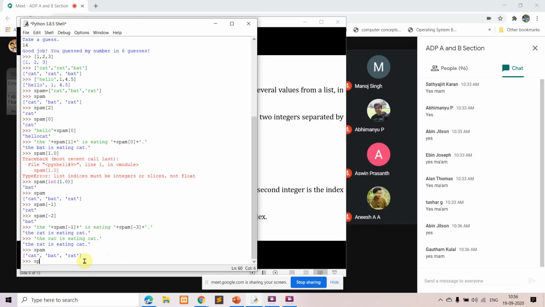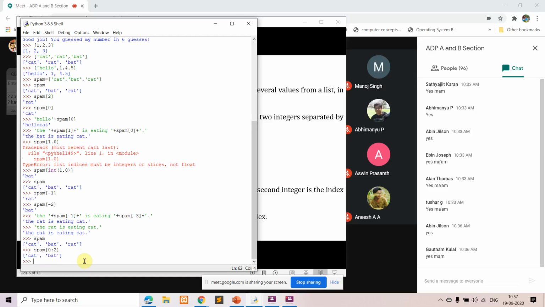If I give spam 0 to 2, what happens here? At 0 you have cat, at 1 you have bat. So 2 is not included. That is what they're saying here. That is about the slice.